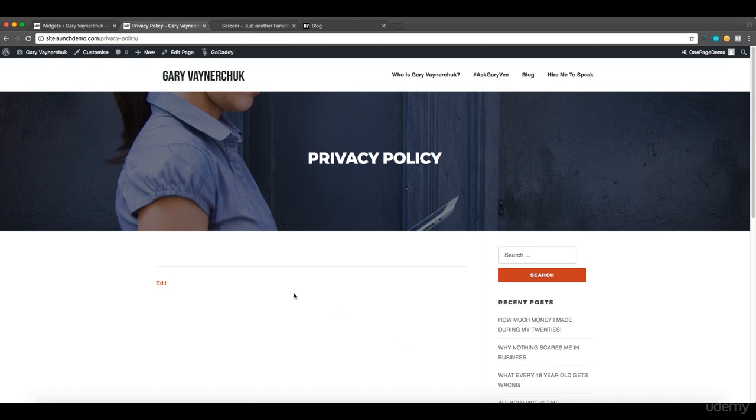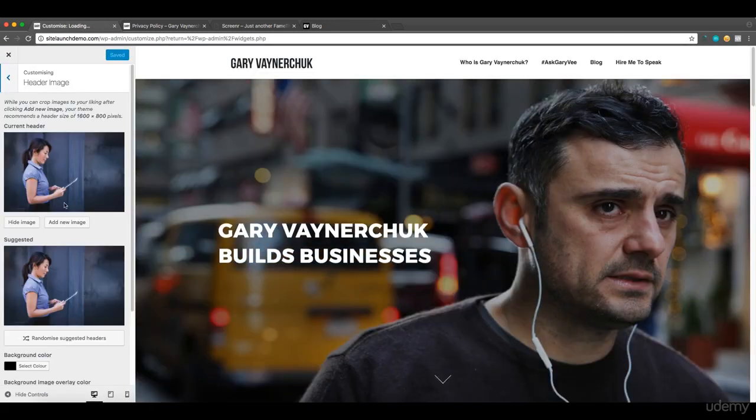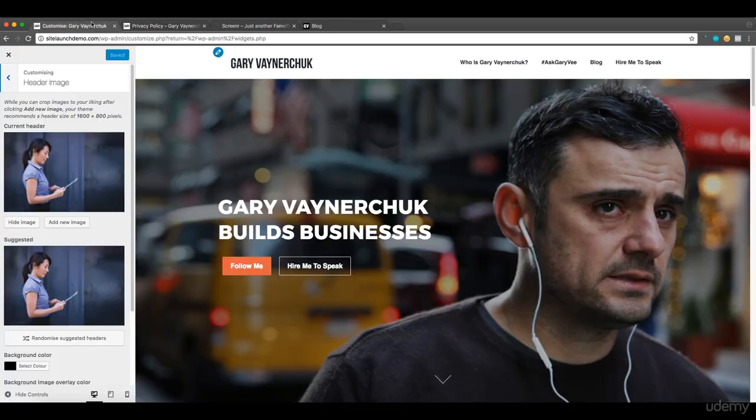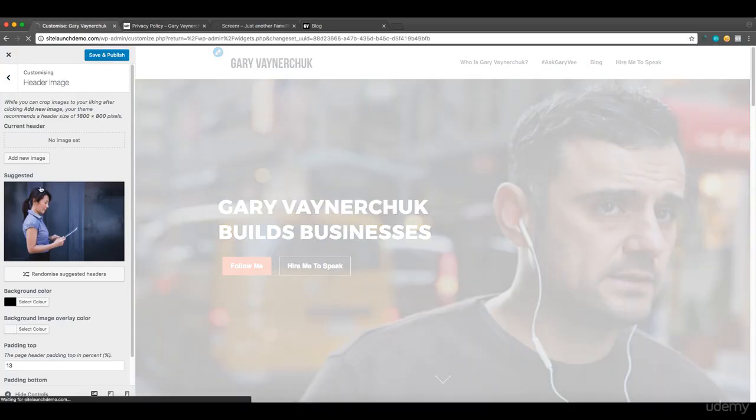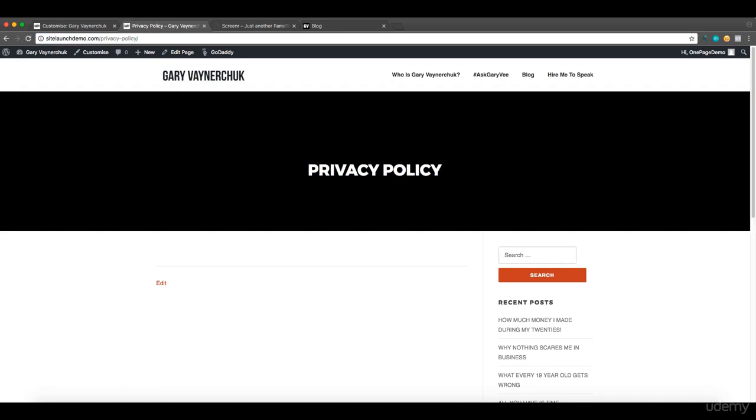Now one thing to note is when I open this policy here, because this is going to be the same with any additional pages you put on the site, at the top where the title is we've got this picture. Now this is just a header. If we go back into customize, this is just a header under header image. So if I clicked hide image here and save and publish that, then when we refresh there'll no longer be